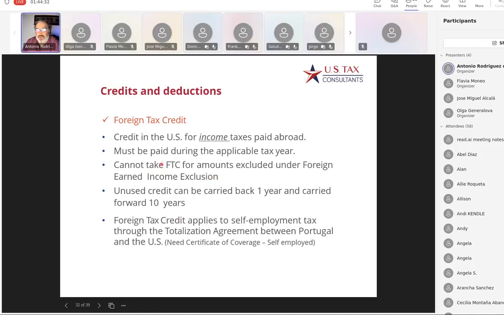Of course, you cannot exclude with the foreign tax credit the amounts that you have already excluded on the foreign earned income exclusion. And the most important thing is that in Spain, or in general in Europe, we paid much higher taxes than you paid in the US. And in Spain, it's almost around double, a little bit less than double. And then the difference that you don't use, taxes paid in Spain that you don't use in your US tax return, you can carry forward them